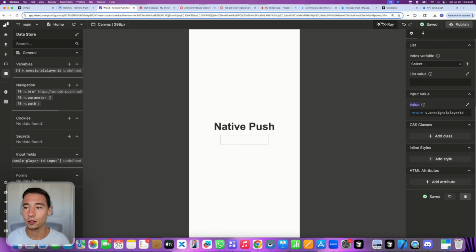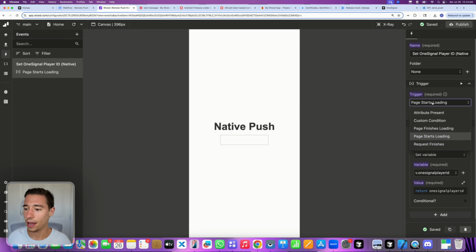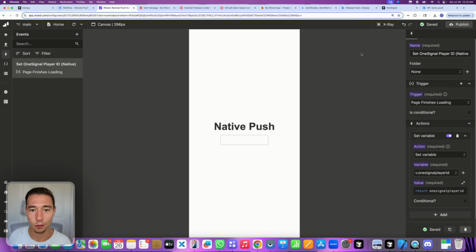And what we're doing here is we have this page starts loading, page finishes loading. It doesn't matter on which you run it. You can either do page starts loading or page finishes loading, because the variable that we're trying to set, the Wized variable with the native variable, is going to be initialized and set before the Wized application even gets a chance to run. So that is available before Wized runs. So we can do page finishes loading, we can set the variable, and then we can do